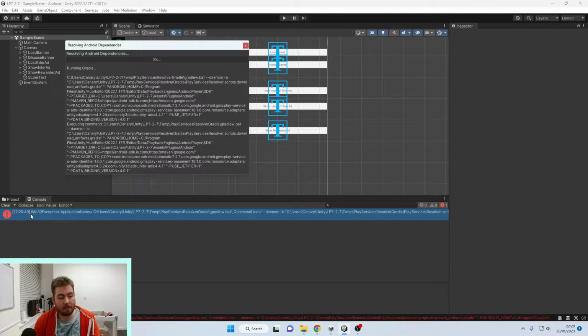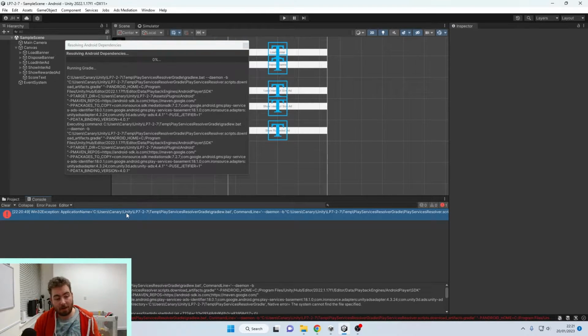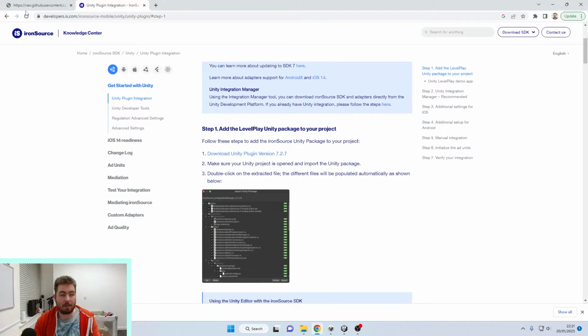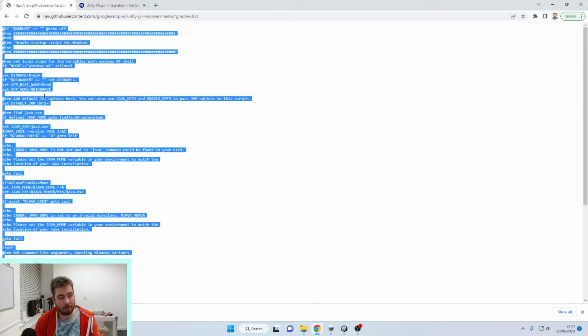So this is that Win32 exception. You may get this, you may not. But if you do, I'll include a link in the description that is a file we need for it. So if we click on it, we will see that it's asking for a gradle.bat file, but the system file cannot be specified. So if we go over into our link just here, which again will be in the description if you need it,